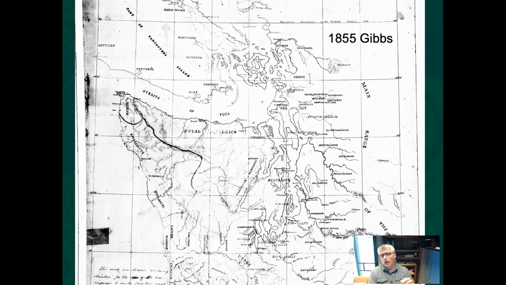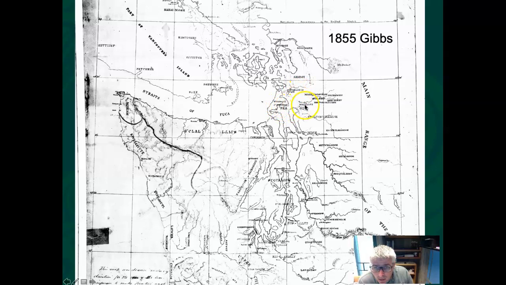So this is a map from Gibbs of 1855, which I show here because it helps understand some of the place names, and they've really changed through time. For example, what they call Perry's Island, it's probably hard for you to read, but it's Perry's Island, which is what we now call Fidalgo. And so they talk about the Swinomish Reservation in relationship to Perry's Island, and it gives some of the other tribal names. Samish really center here, Lummi, Nooksack,